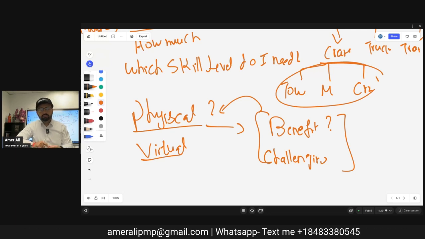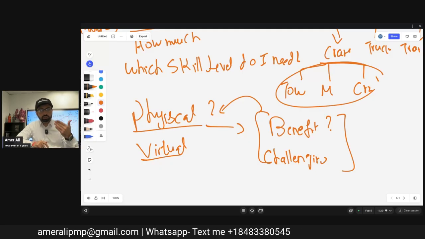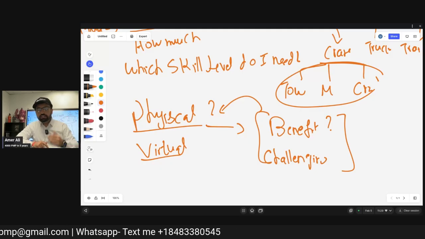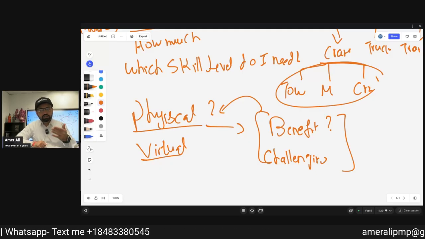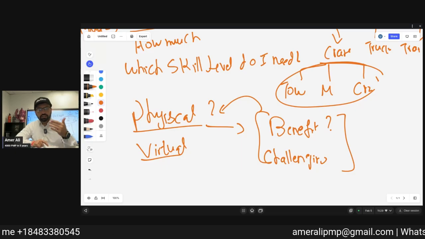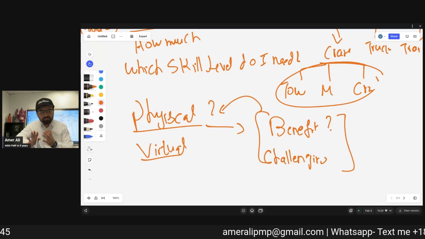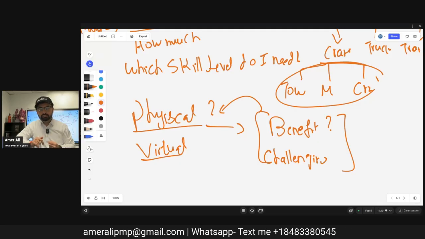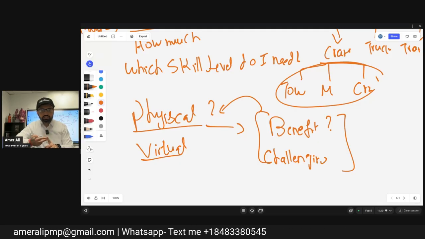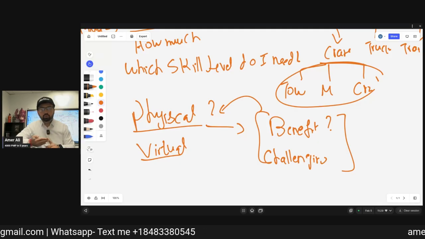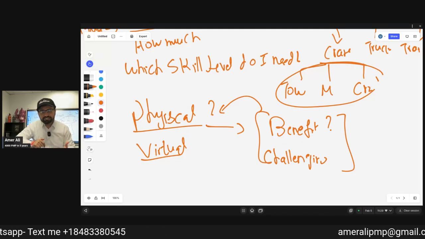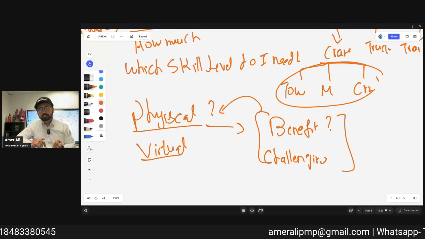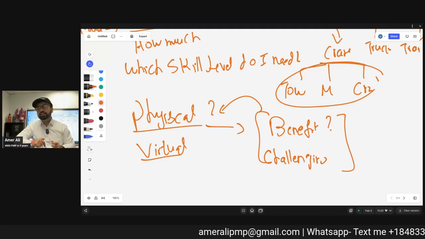Then if Diwali is coming and we have some Hindus, I need to consider that. Navratri is coming, I need to consider that. I need to have a temple for them. Then if I have Sikhs, I need to have a place of worship, all the religious and cultural things. I need to consider that. There are benefits, and there are challenges: transportation, food, toilets, welfare facilities, all these things.